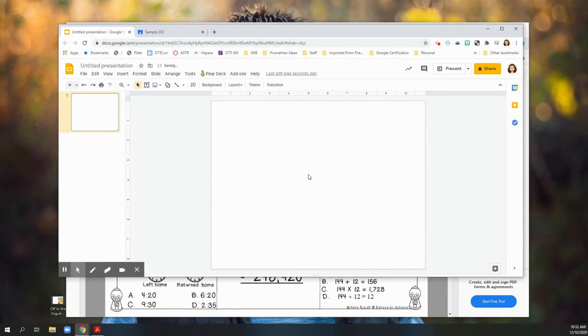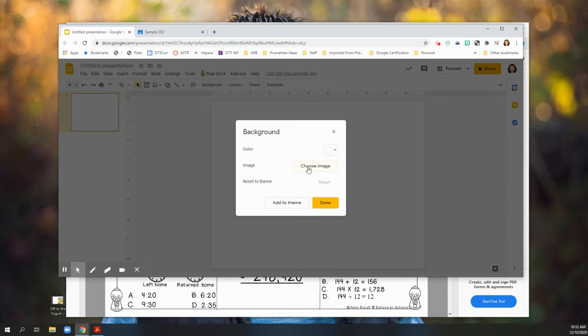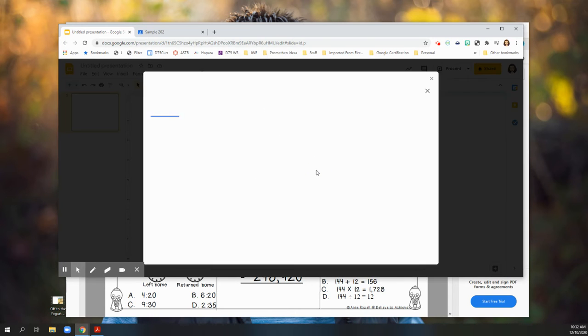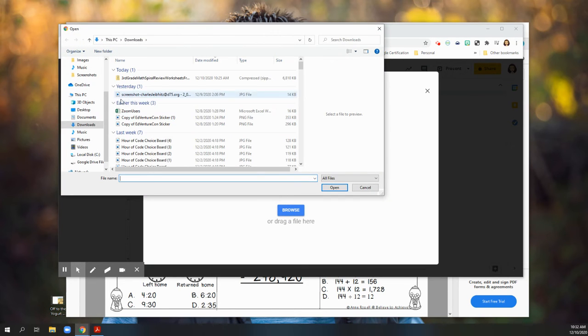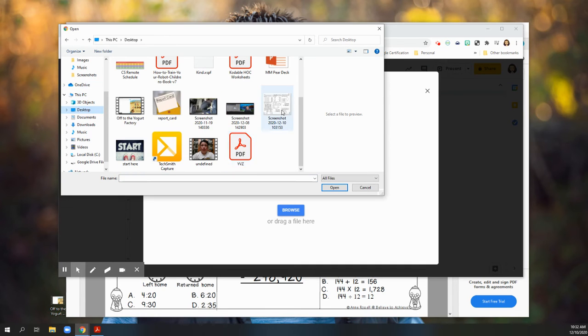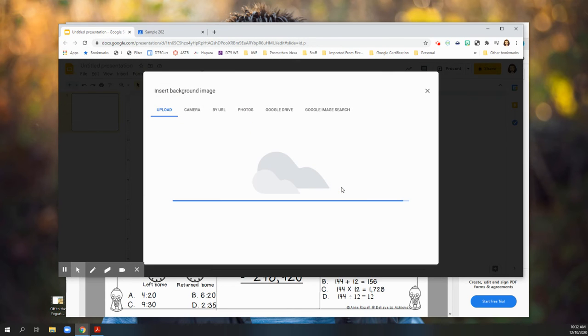And I'm going to put that image as my background. That way, when my students are writing and making text boxes, it's not going to move. So I'm going to go to Background, Image, choose Image, and then I'm going to upload the one that I have done. I put it on my desktop. Here it is. There it is. I'm going to select this, click Open,